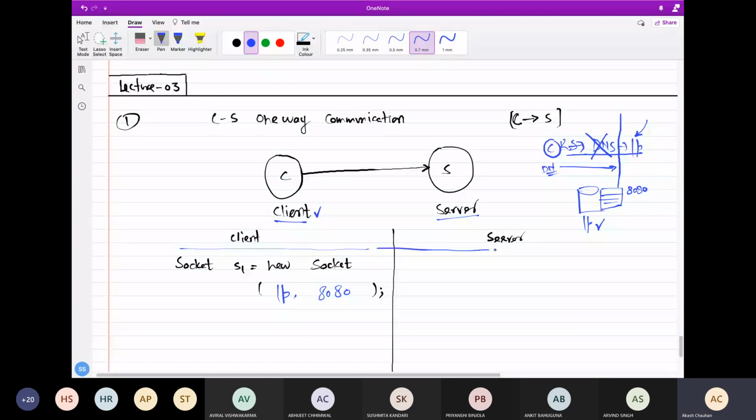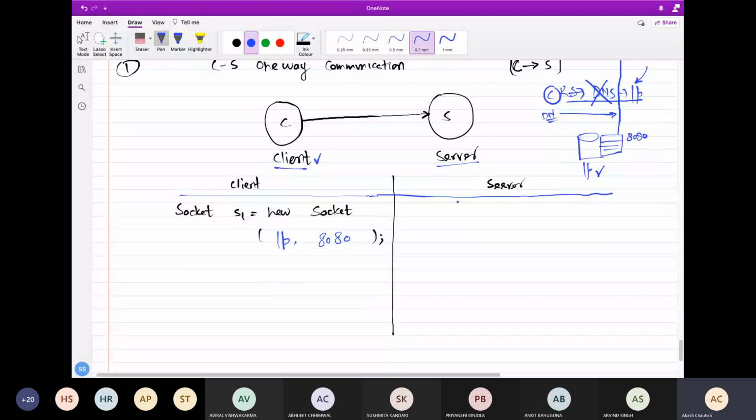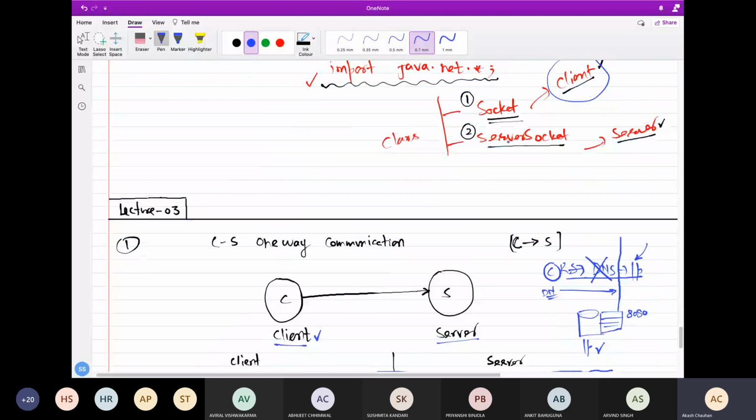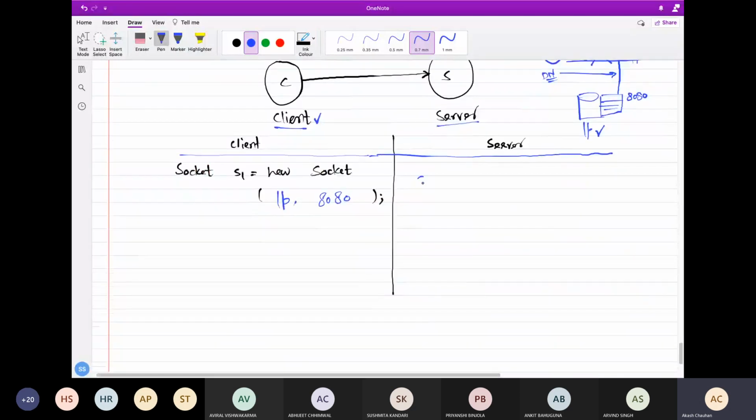I think this is clear, and you can ask your doubts at the end of this lecture. At the server side, I have mentioned that we have a different class, which is called the ServerSocket class. So in the ServerSocket class,